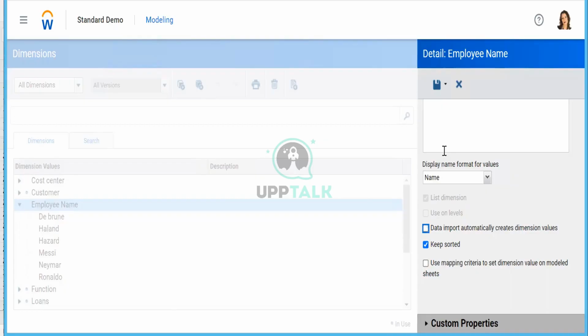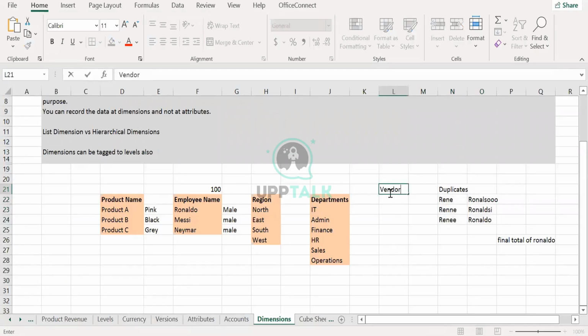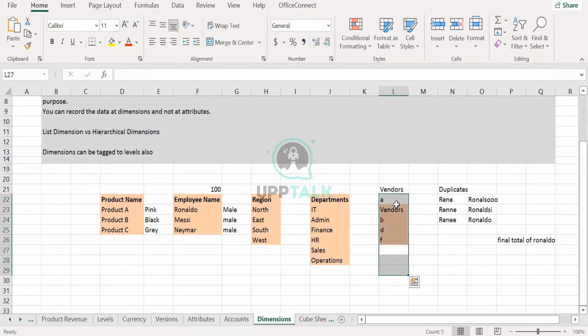Suppose there are cases with vendors. There can be n number of vendors and you are not doing any kind of analysis on the vendors. Vendor A, B, C, whatever it is. It can go down to a list of 3000 vendors.